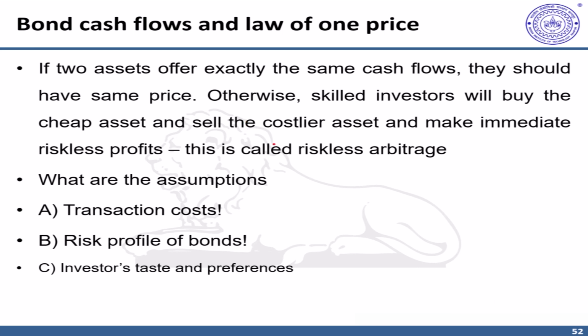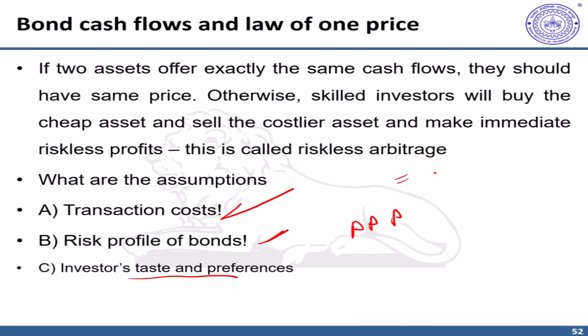So while this arbitrage argument is a theoretical argument which assumes no transaction costs and frictions like taxes, it also assumes that all the bonds are exactly identical in terms of their risk. However, even if two bonds are identically rated as AAA or BB, it does not mean that their risks are exactly identical. Also, investors may have taste and preferences. Even though there's no transaction cost and the risk profile is identical, investors' taste and preferences may differ across two bonds depending upon their liking.